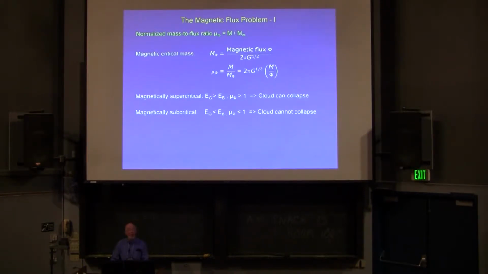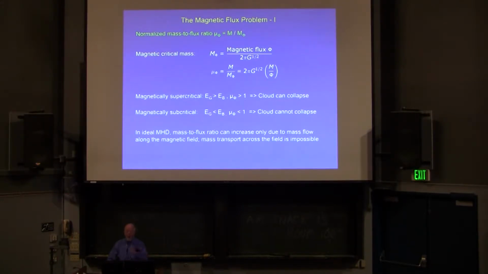And I want to emphasize, if you have an isolated cloud and you have ideal MHD, so the flux is frozen into the cloud, then you can do anything you want to that cloud. You can compress it, have a strong shock wave, much stronger than the ones that Eve was talking about yesterday. Have a shock wave come in at 1,000 kilometers per second, compress the cloud to a factor of 1,000,000 or 100 million times greater than its initial density, and it will not gravitationally collapse. Nothing you can do, so long as you have ideal MHD, can cause the cloud to collapse if it's magnetically subcritical.